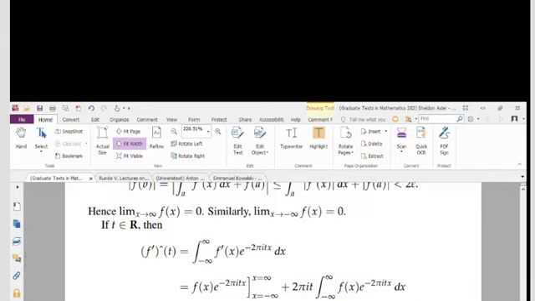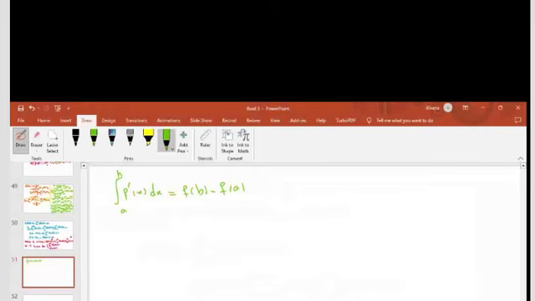It's very trivial because the integral of f prime e to the minus 2 pi itx dx